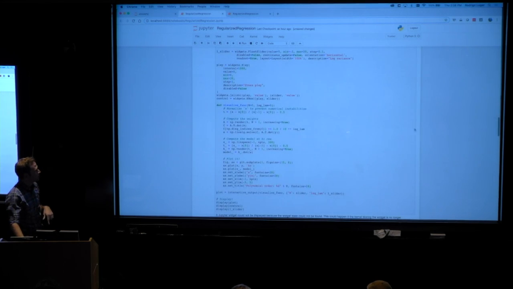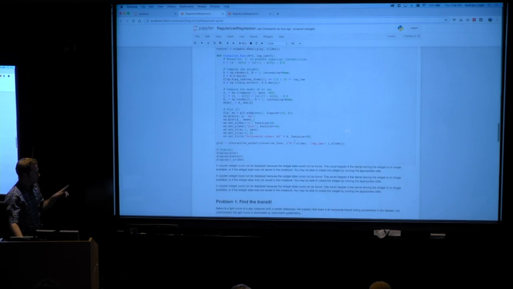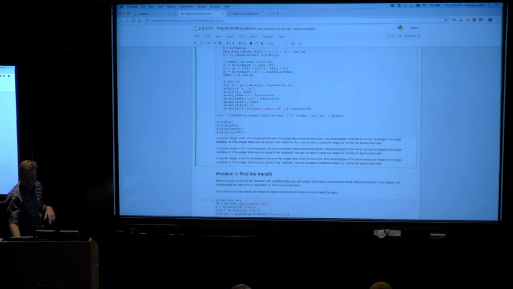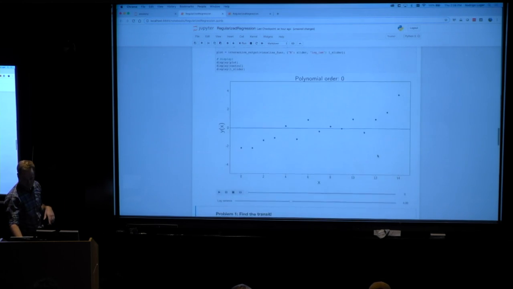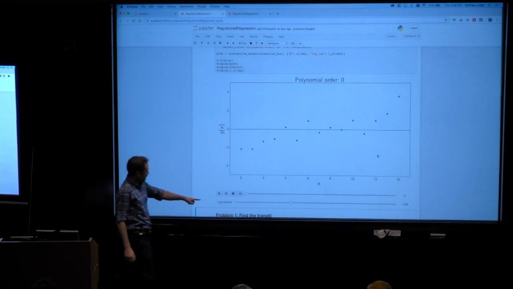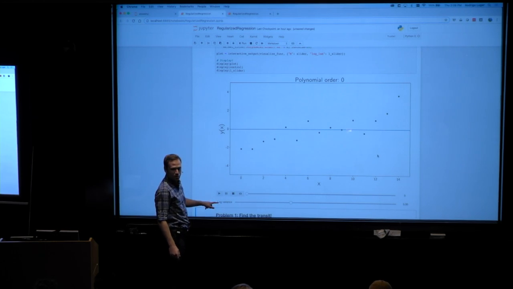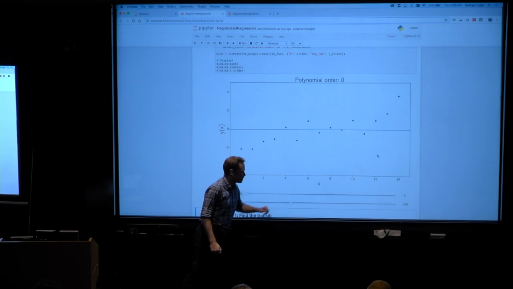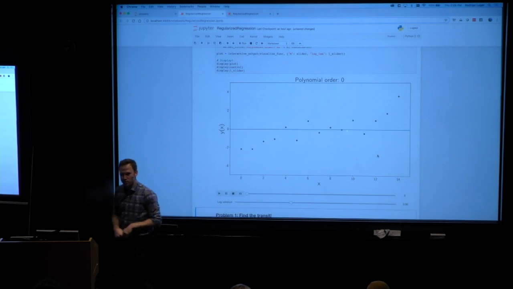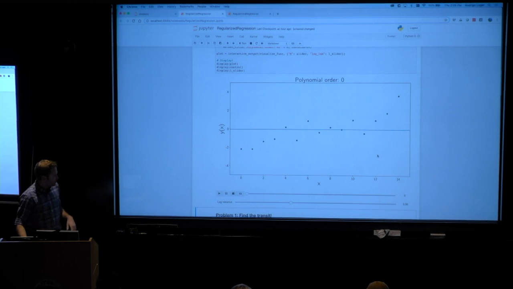And you can look at the code. We'll do that in a second. But if I execute this, I now have an extra little widget down here that controls the variance, which is what Rocio was asking about, that lambda parameter. In this case, it's the log of the variance. It's how big I'm allowing those coefficients to get. And if I fix it at 5, you can play around with this in a second,